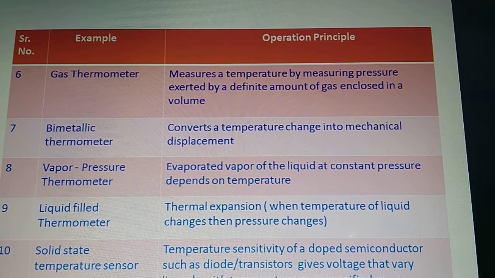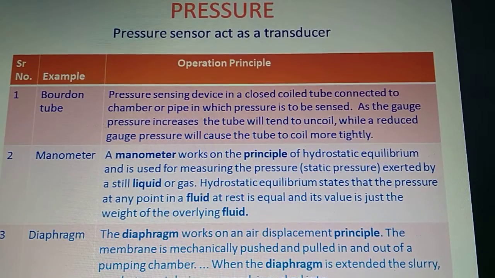Next example is liquid filled thermometer, and its operating principle is thermal expansion. When temperature of the liquid changes, then pressure shows the change. The next type of sensor is a solid state temperature sensor, whose operating principle is temperature sensitivity of a doped semiconductor such as a diode or transistors gives voltage change that varies linearly with temperature over a specified range. So these are all the temperature sensors,